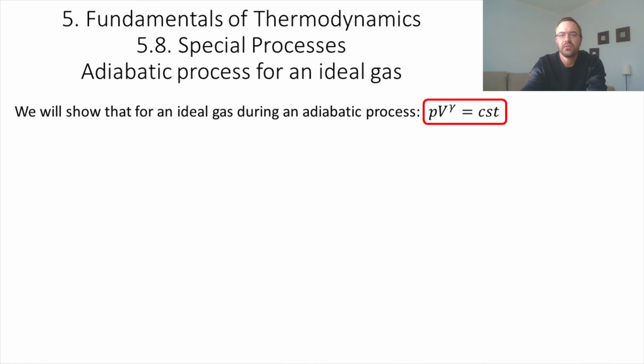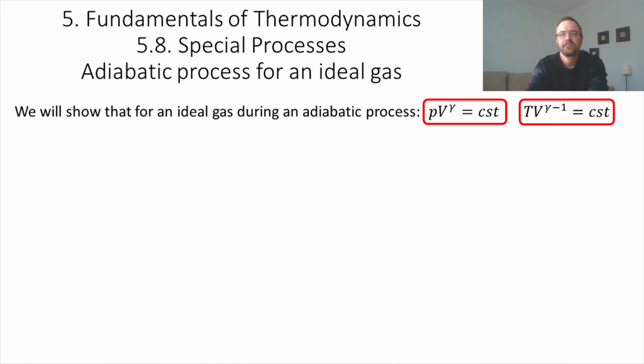So in this video, we will show that the equation is PV to the power gamma is a constant, which can be combined with PV equal nRT to give you another relation. TV to the power gamma minus 1 is a constant. Now, the derivation combines several important concepts, and so we will go through it as an example of application of these concepts.